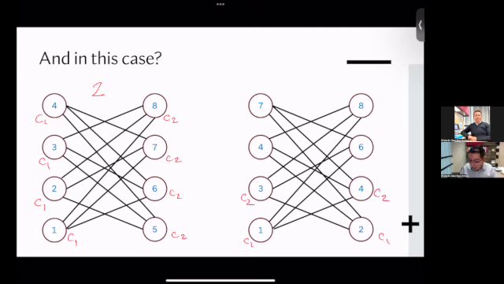Then I move, oh, I'm sorry, I have a mistake here. But it's simple, 1, 2, 3, 4. This is 5. And this is 6, 7, and 9. Okay, so then I move to